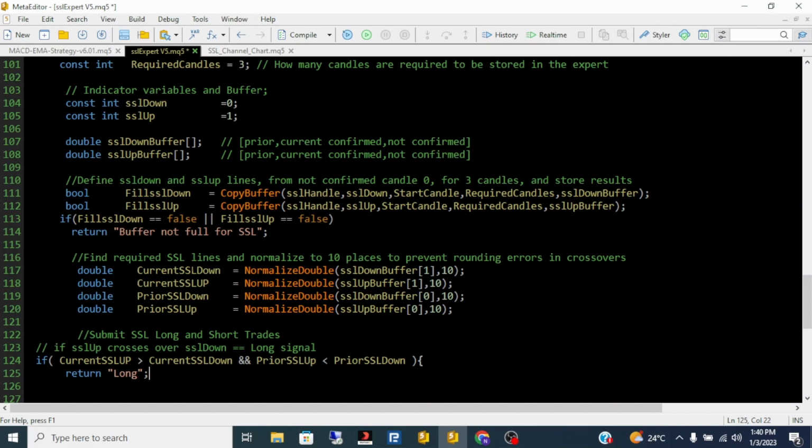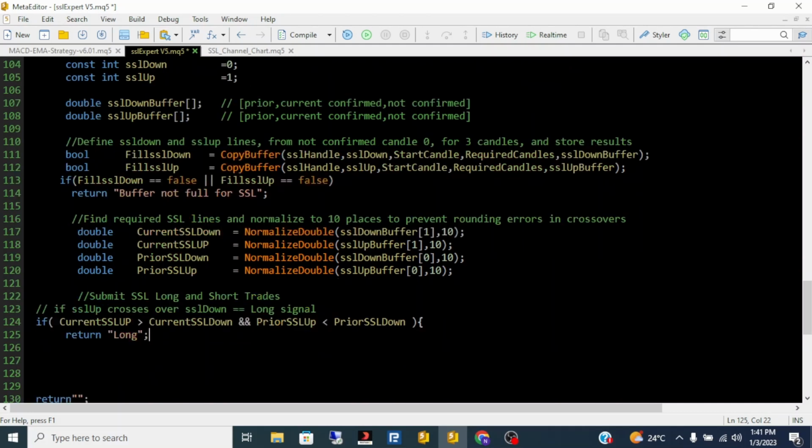Right, so now we have these values, and we store them in the array, so we're just going to be using the names. So this is what I did here. So if the current SSL up is greater than the current SSL down and the prior SSL up is less than the prior SSL down, that means a cross has happened, right? We're crossing over